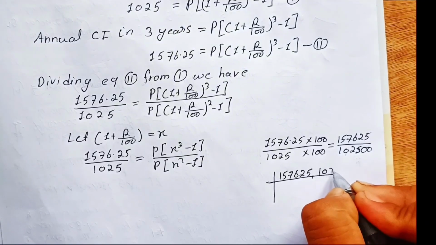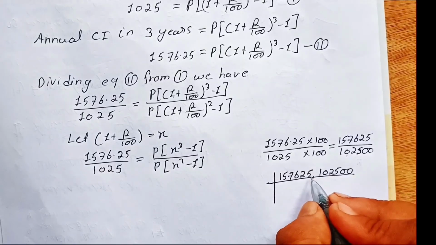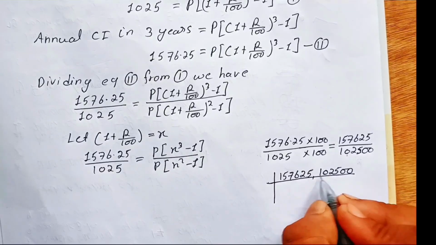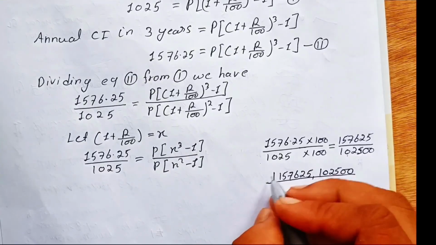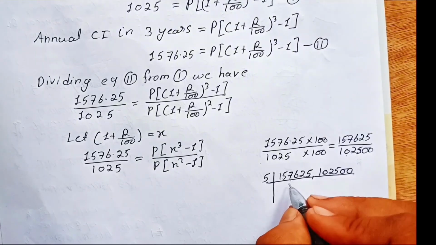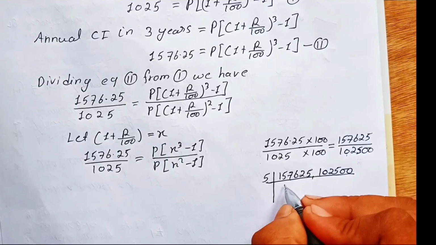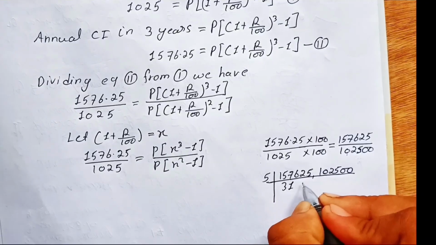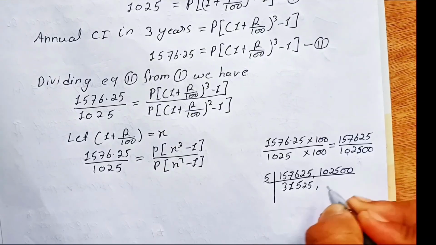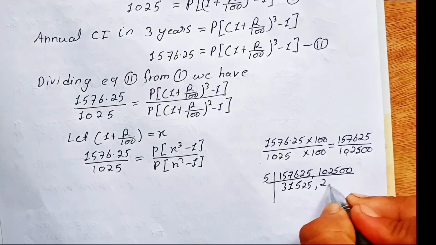As the last digits of both the numbers are 5 and 0, both can be divided by 5. Here 157625 divided by 5 is 31525, and 102500 divided by 5 comes to be 20500,